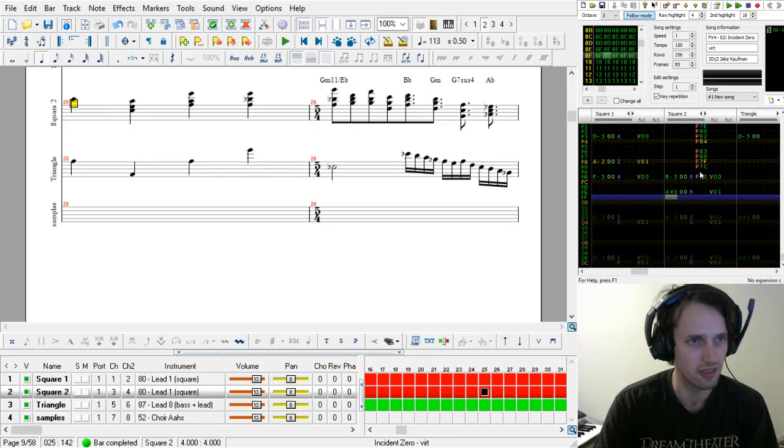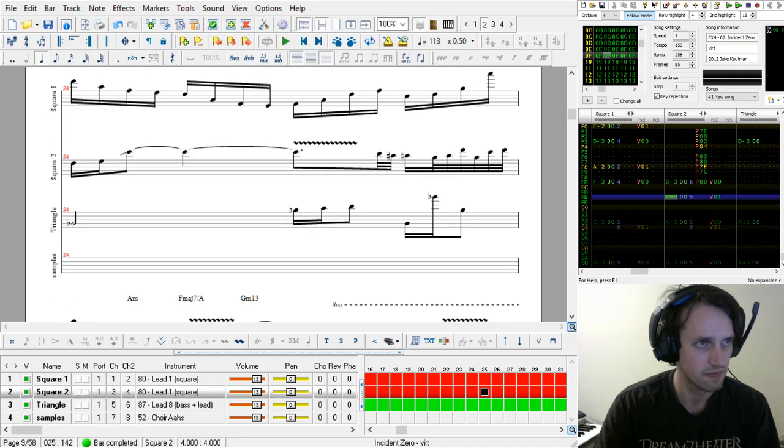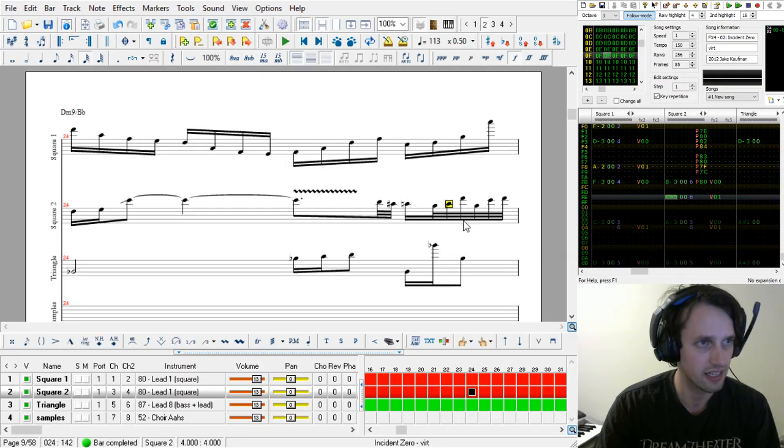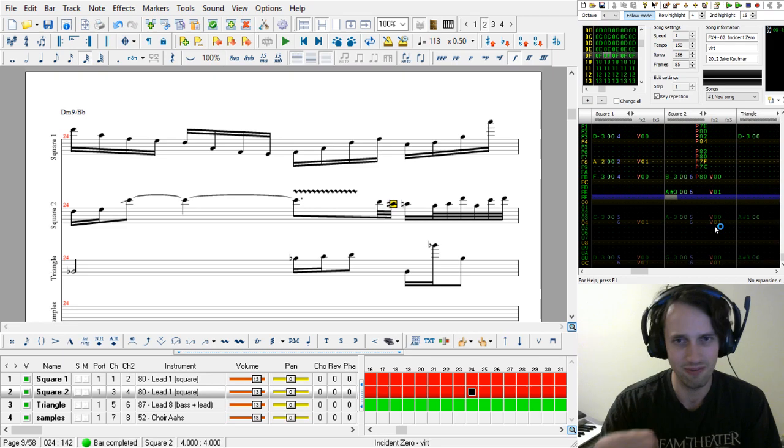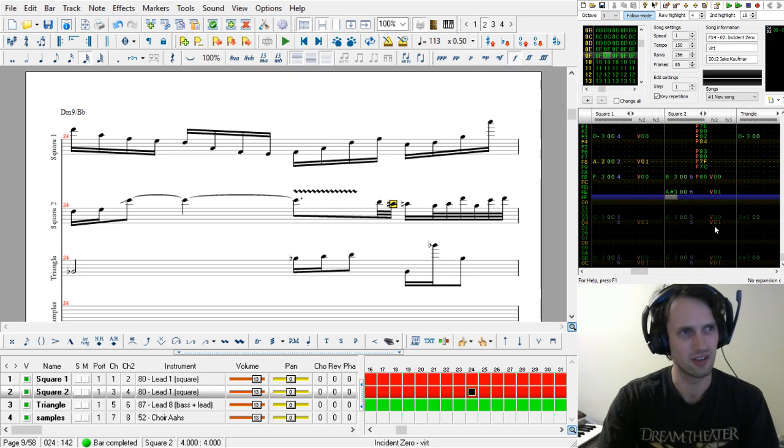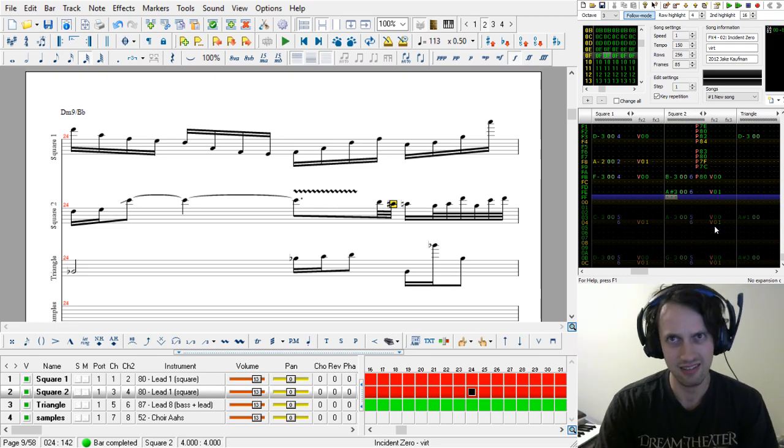16th notes apart, but there's this B flat in the middle, right here. Well, I guess I called it an A sharp, but all right. So this is shifted a 128th note sooner than where it should be. I think this is done on purpose to sort of simulate human error, or just to make it sound more human.